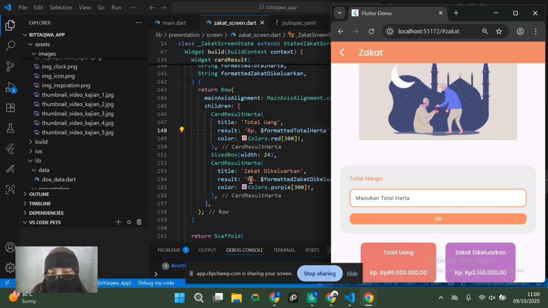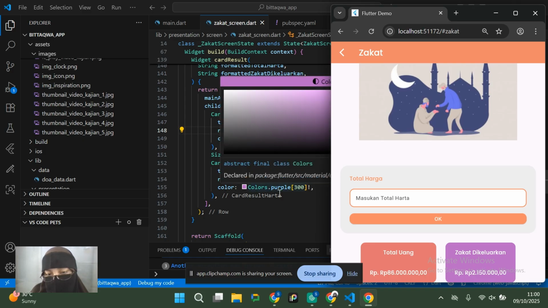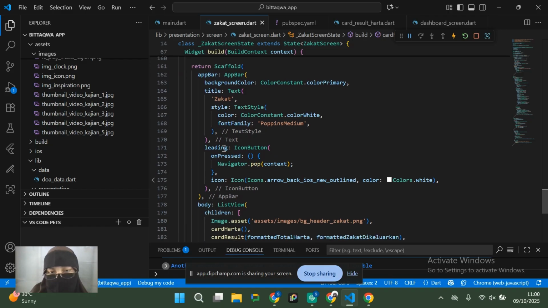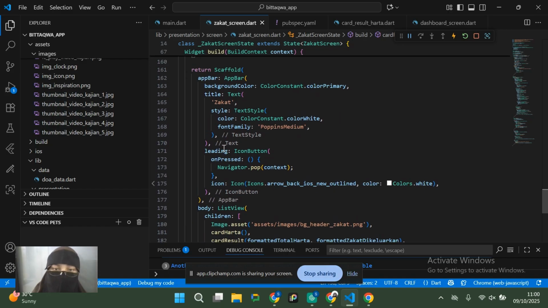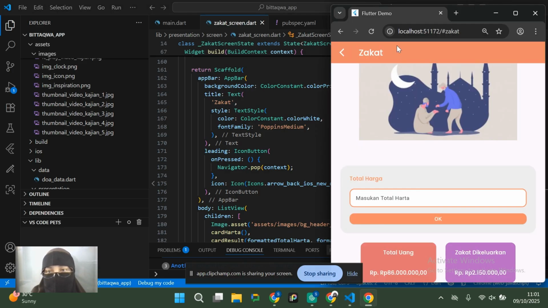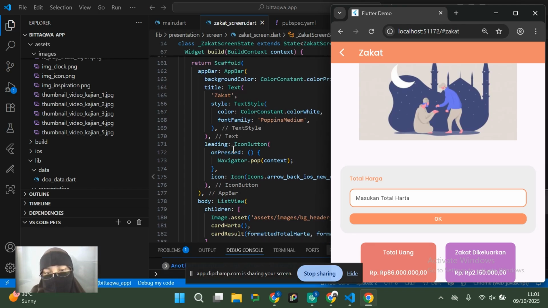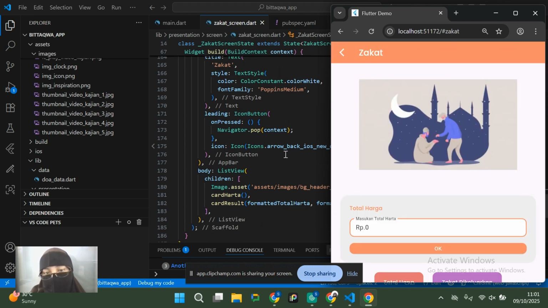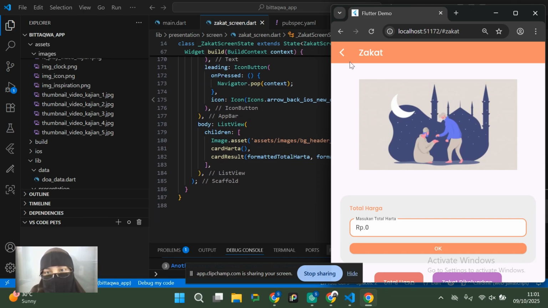And it's basically the same thing as this, but with the difference of the sized box of width 24 and also a color purple. And then in here there's scaffold, the usual scaffold stuff. Basically, app bar, which is this thing. I don't really need to explain it because you guys already know that. So yeah, leading icon, this one. If you press it, you go back to here, and the icon is going to be that, and then